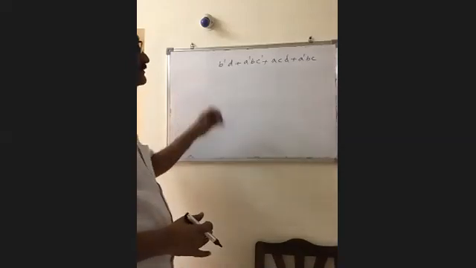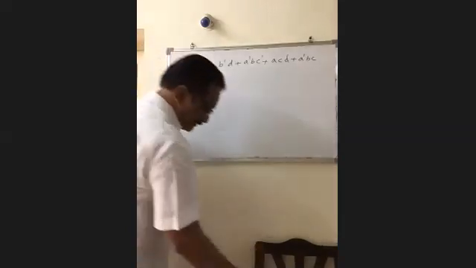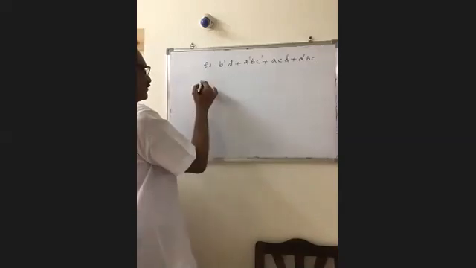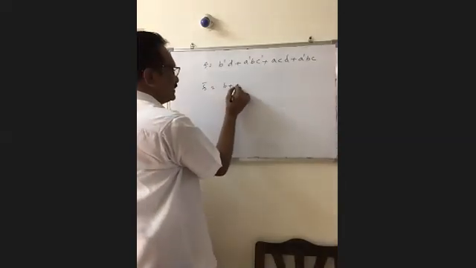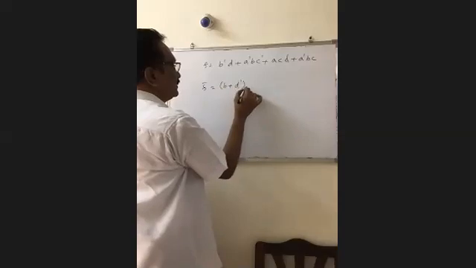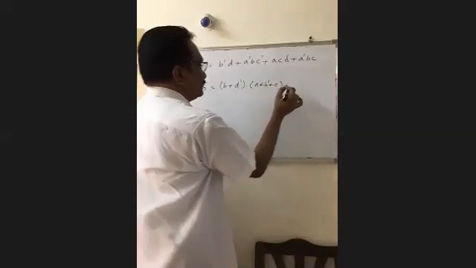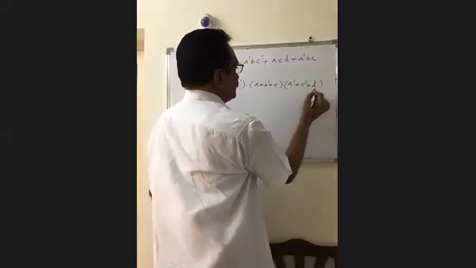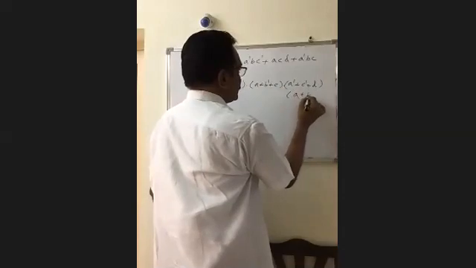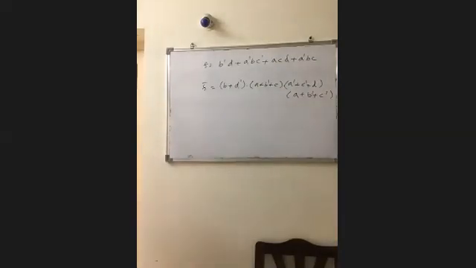First, find its complement. For example, if it is equal to f, the complement of the given expression, f dash or f bar, both are the same, is equal to (b plus d dash) into (a plus b dash plus c) into (a dash plus c dash plus d) into (a plus b dash plus c dash). That is the complement of the given function.